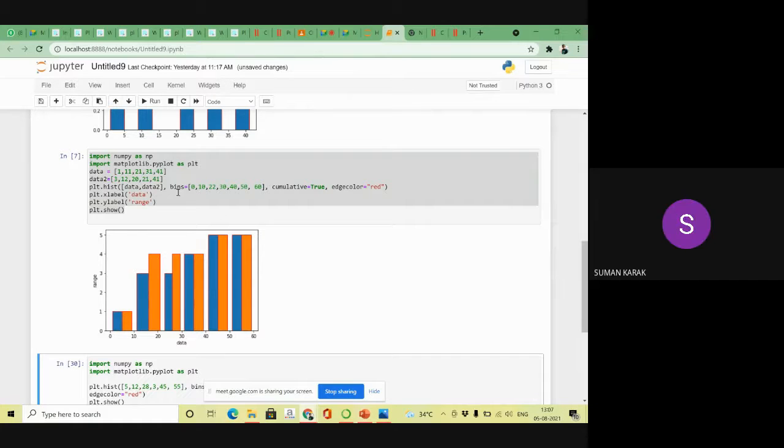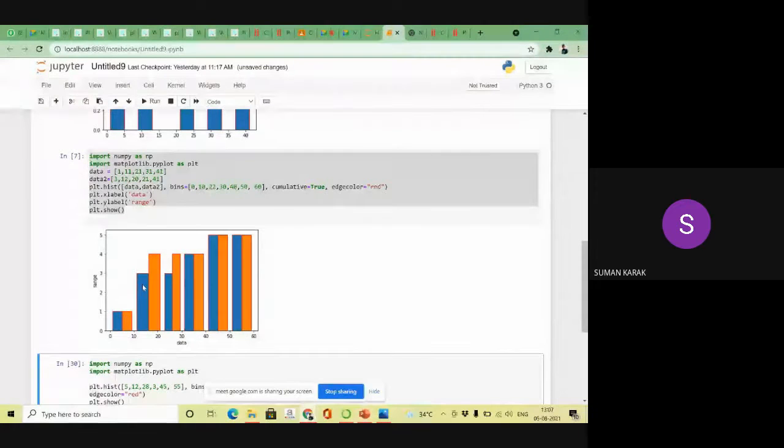Now you can see for the first data, between this range, how many values are there? Both data ranges have 2 values between this range, right? Now coming to the next, between 10 to 22.